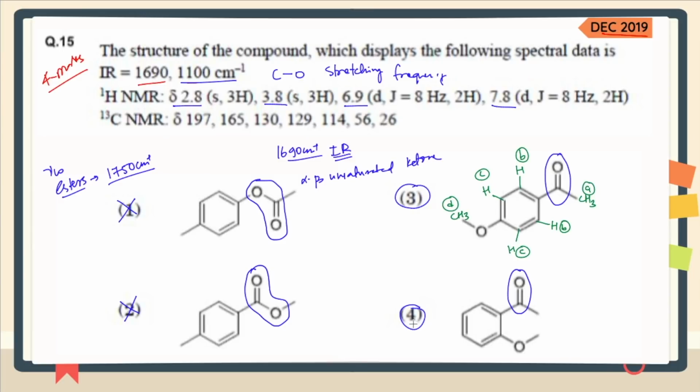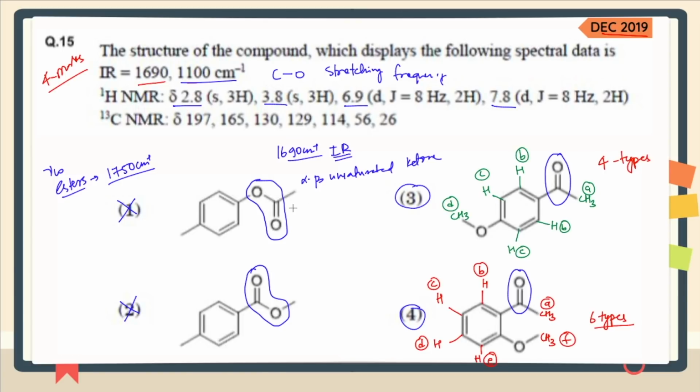Let's look at option number 4. In option number 4 you have a methyl group here, so this is, let's say, hydrogen of type A. Then here you have hydrogen, so this is hydrogen of type B. Now you do not have equivalent hydrogens here because the chemical environments are different. So this hydrogen will be type C, this hydrogen will be type D, this hydrogen will be type E, and this methyl group is going to be type F. So in total you got 6 types of hydrogen in this case, whereas in option number 3 you were only getting 4 types of hydrogen.